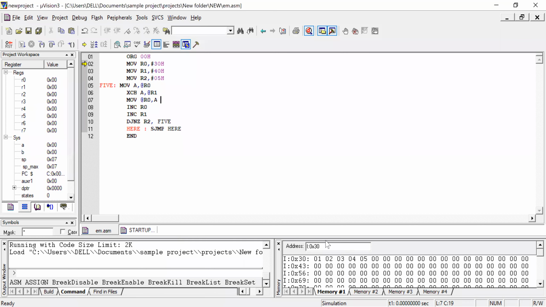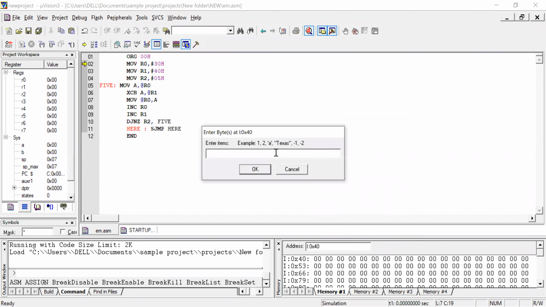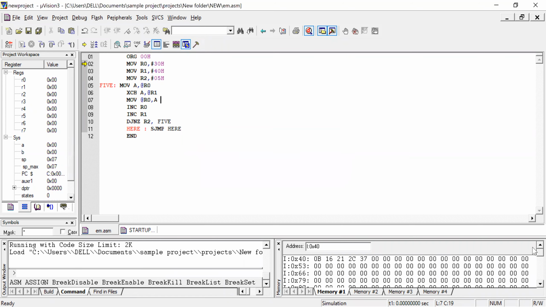So now I'm going to exchange the value, so I'm going to give the 0x40 location also, where I'm going to load the other data. Okay, fine. So everything is stored in hexadecimal form.